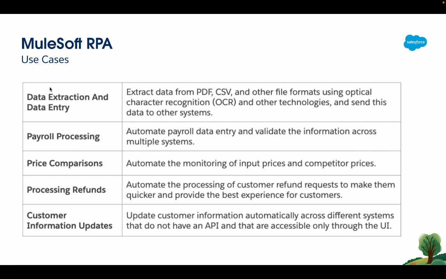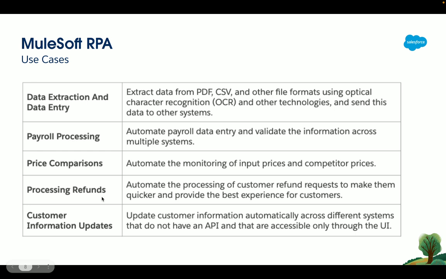And these are certain use cases of your MuleSoft RPA, which is data extraction and data entry, where we can extract data from PDF, CSV, and any other file formats using optical character recognition and other technologies. Another use case might be payroll processing, where we can automate payroll data entry and validate the information across multiple systems. Processing refunds: automate the processing of customer refund requests to make them quicker and provide the best experience